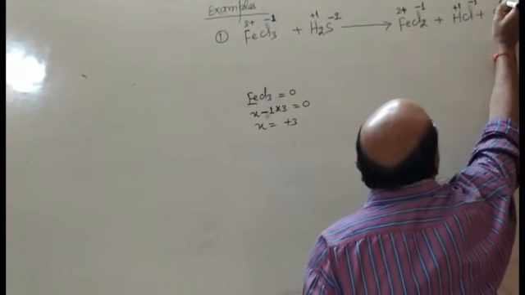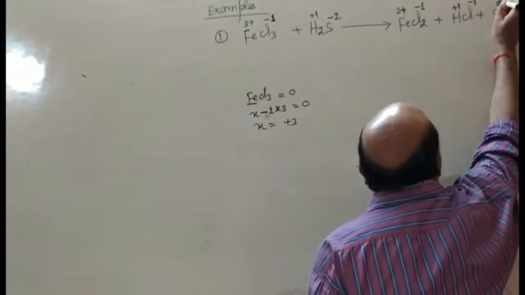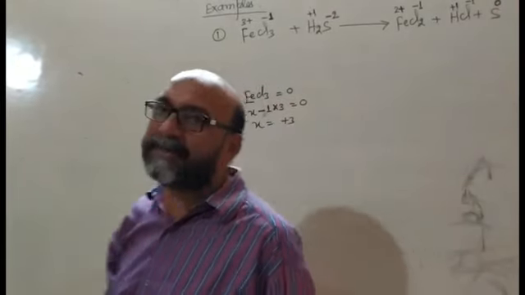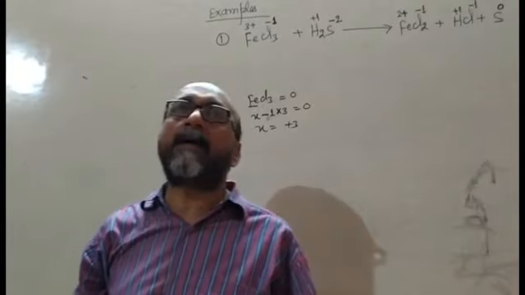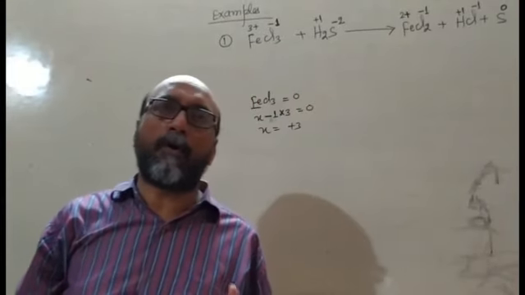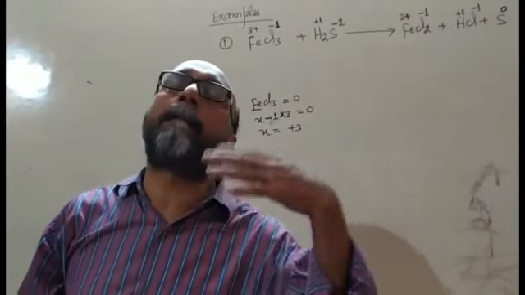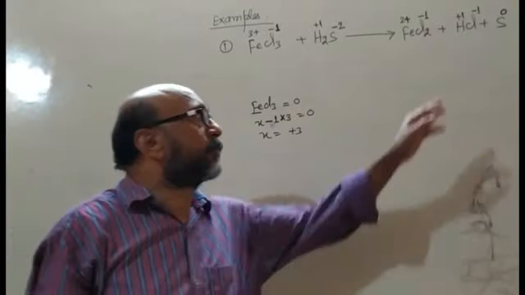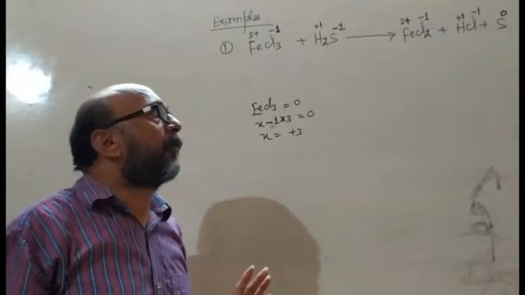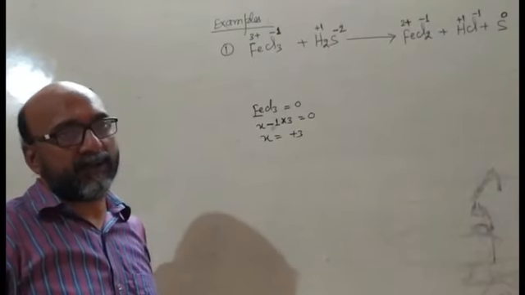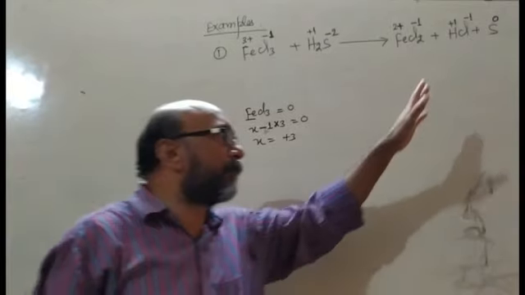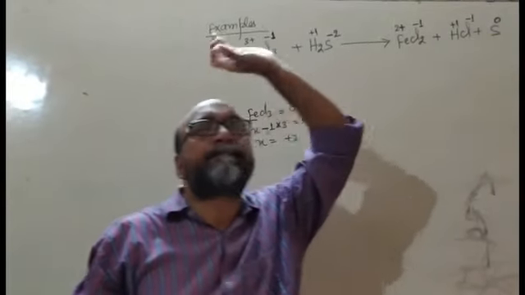And the first rule we have read: the oxidation state of all elements in the elemental state, means in the free state or in uncombined state, is always 0. So sulfur is in the form of an element, in elemental state, in uncombined state, therefore its oxidation state is